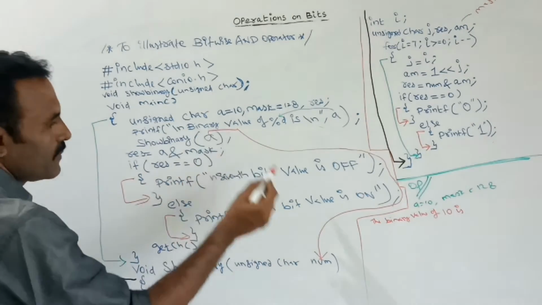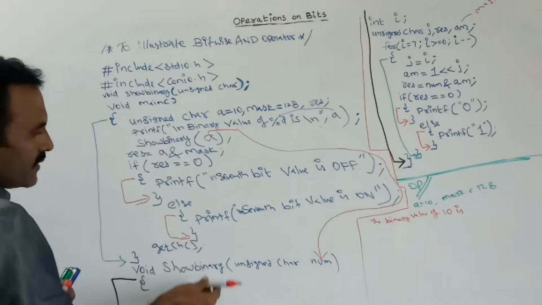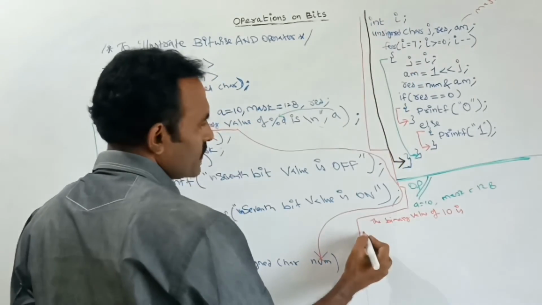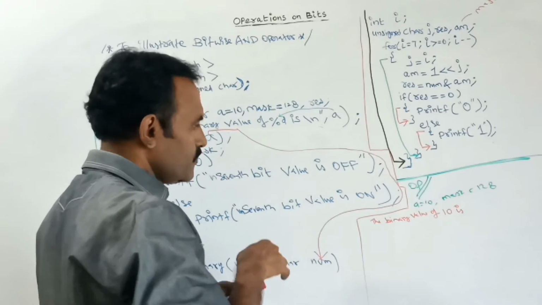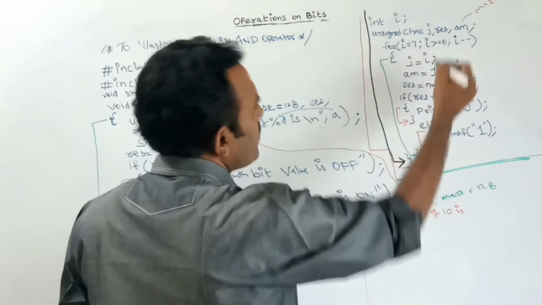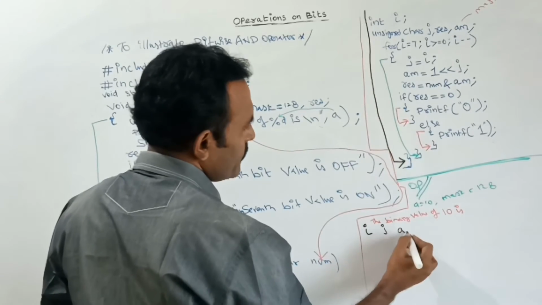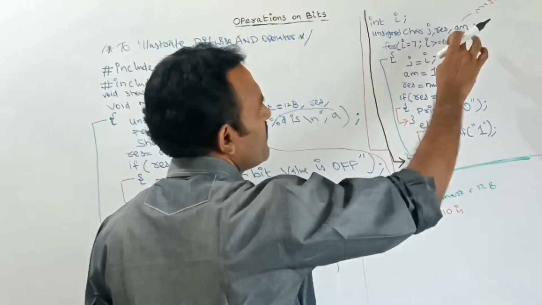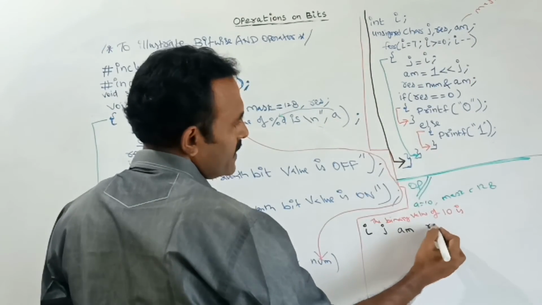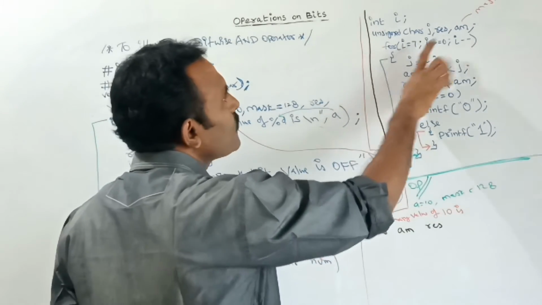So this a value is passed, copied to num. The controller will jump to where? To the function definition part. Here I am using this I value. This is I is used for the for loop. Here I, next here j value, next here am value, that is mask value, undo mask. For undo mask value here I had given the variable name as am. Next result value res. Say next here for loop starts.